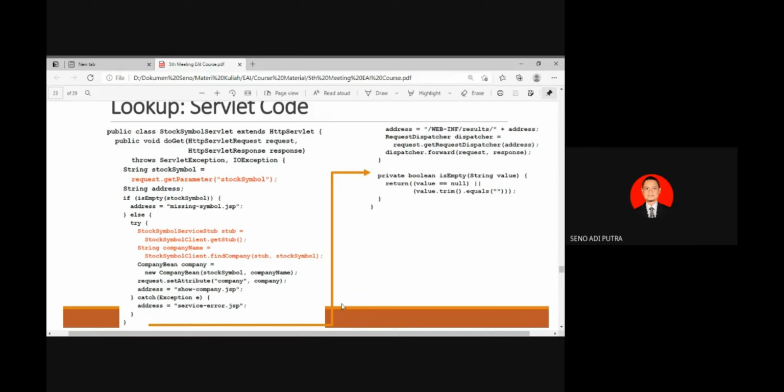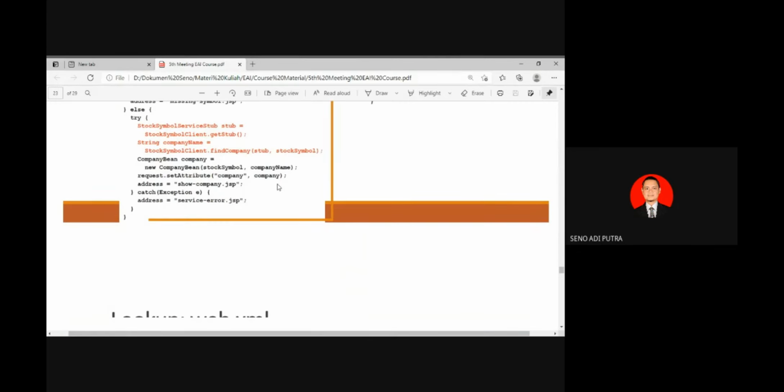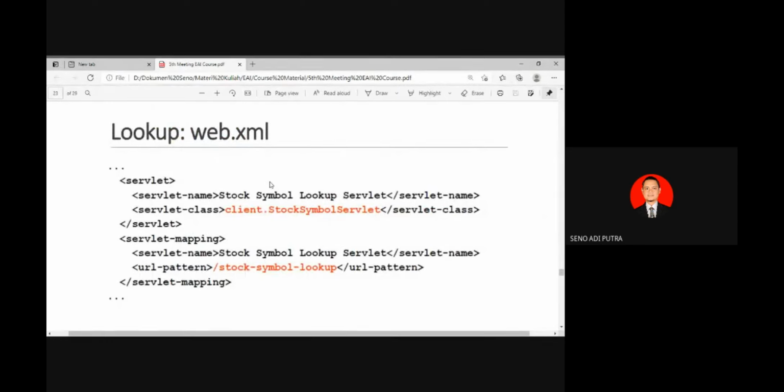This is the simple controller of your web application. So if you want to access your web application using Java, the client will access directly this doGet method. And of course, an important thing you have to configure in your dynamic web project is web.xml. Where is web.xml? It is put in the web content folder, in the WEB-INF.